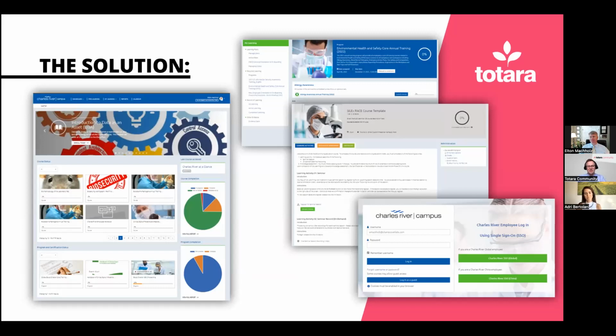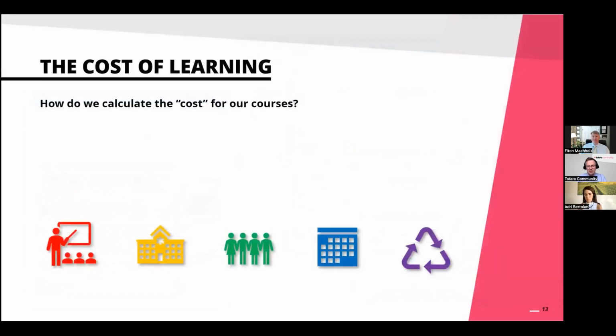So now, if we talk a bit about calculating the cost of learning. This is something that many organizations will reflect on, but possibly only after they've built learning, and they may not even do it in that much detail. But as we've talked about before the webinar, you've done this in a lot of detail. So we're really keen to be educated today as to exactly how you calculate the cost of learning at